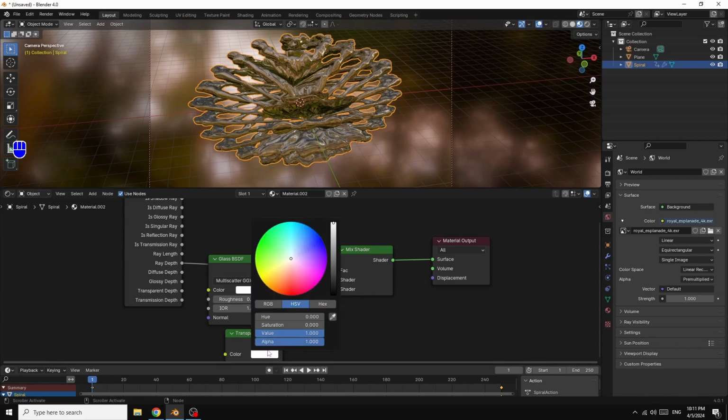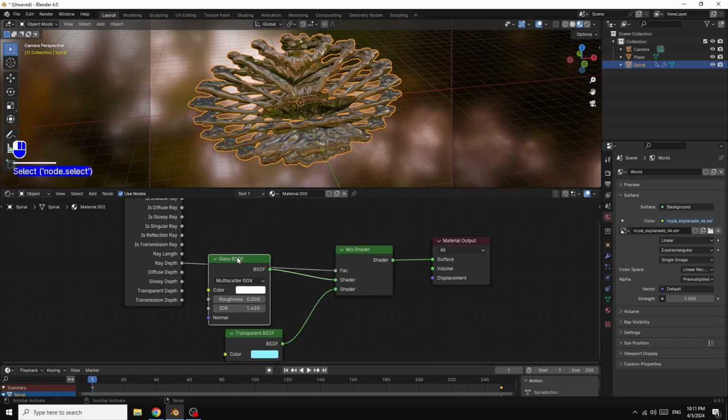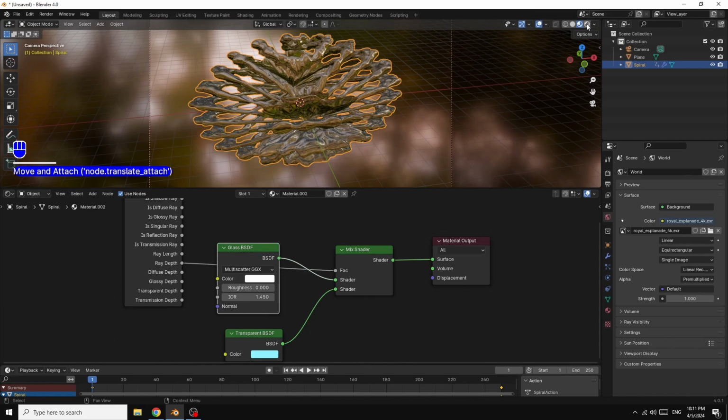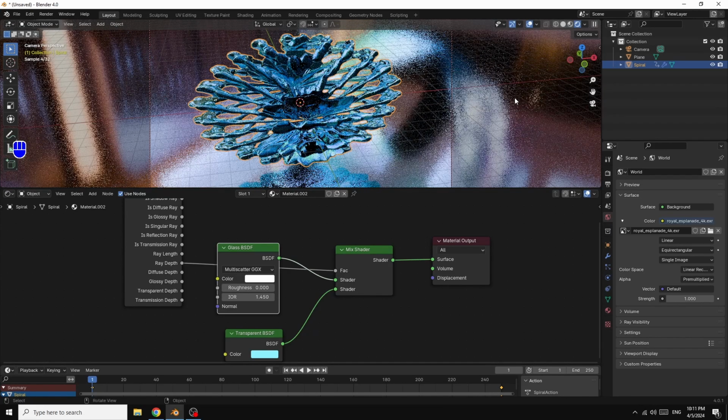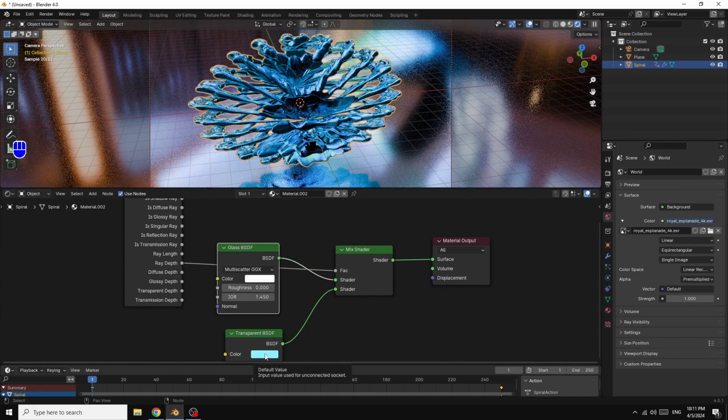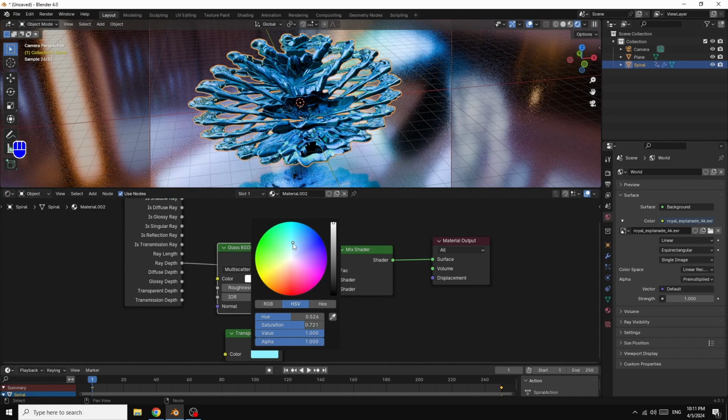Now I change this color maybe to blue like this. Now if we go here in viewport shading, now we have this, but first I think this color is so